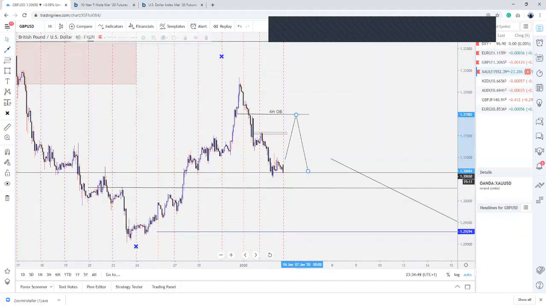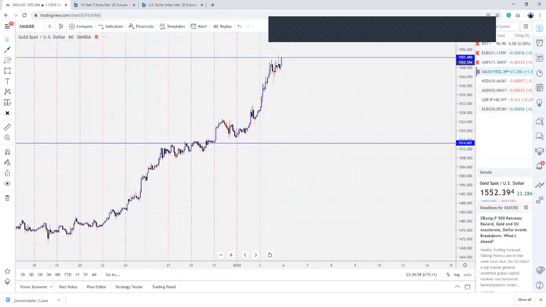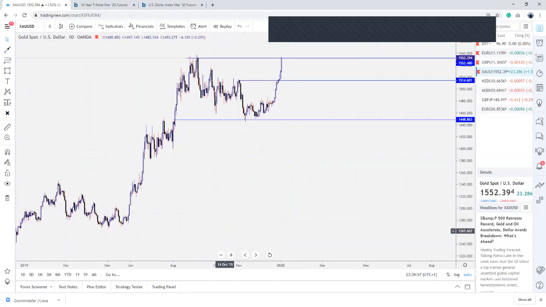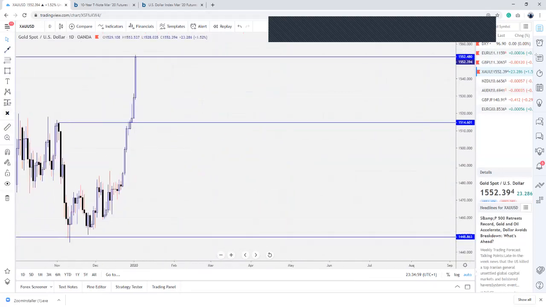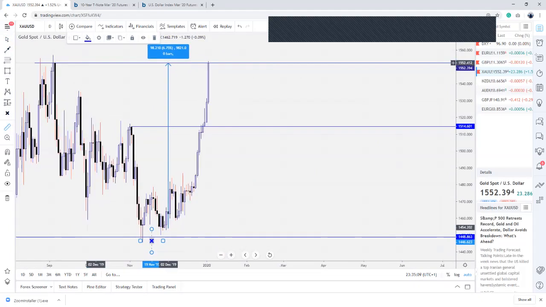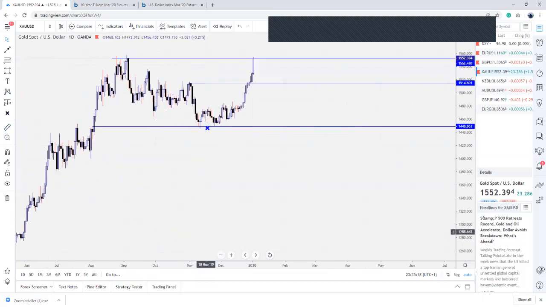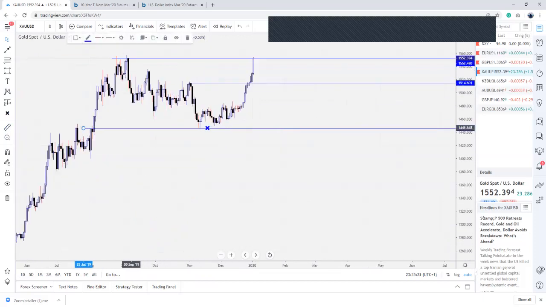So now gold, let's see gold. Okay, so we called out bullishness on gold from around this level all the way. We were expecting gold to rally all the way to this level for about 982 pips. Unfortunately, I think I was the only one who held through gold. So I called out a trade, and I was the only one who paid attention to what I was calling out. But anyways,